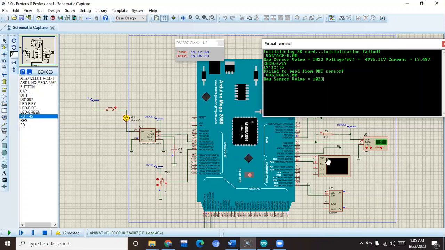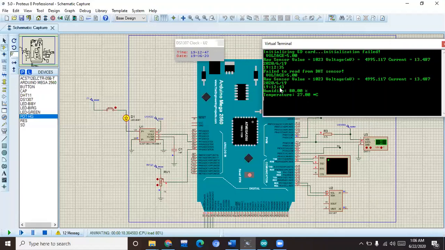We come to the data logger part. Here the data logger part is showing the date, and it is showing the time 19:12:35. Failed to read from the DHT sensor. I don't know whether the sensor is not working, but here you can see humidity 80% and temperature 97. At this time, it has shown its value 19:12:43.